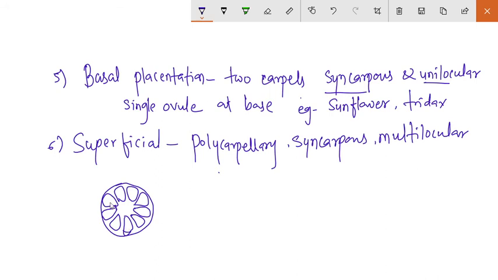Okay, these carpels they are united, by their margins. But the ovules are not restricted only to the margins, but they are present all along